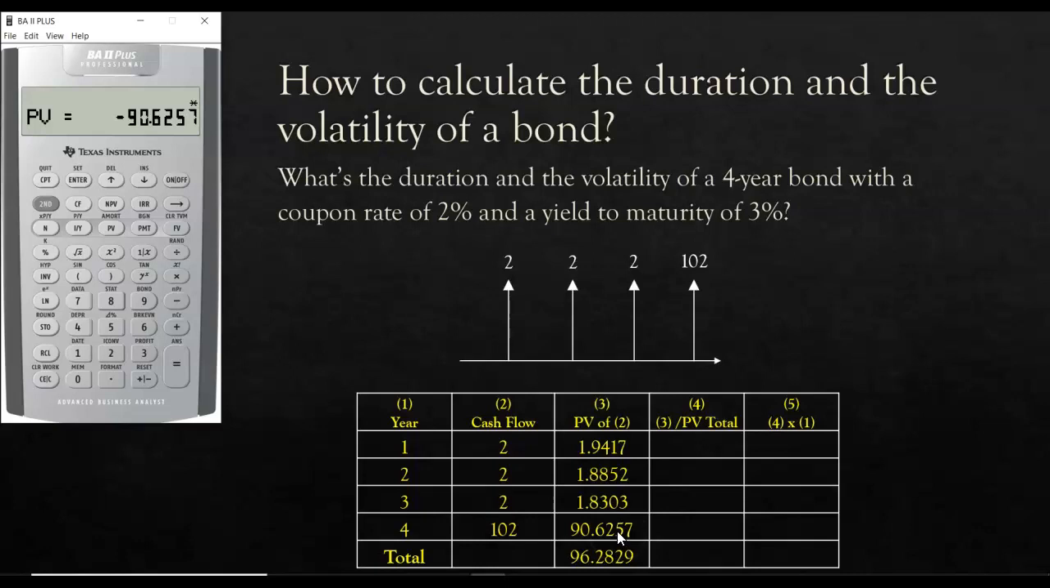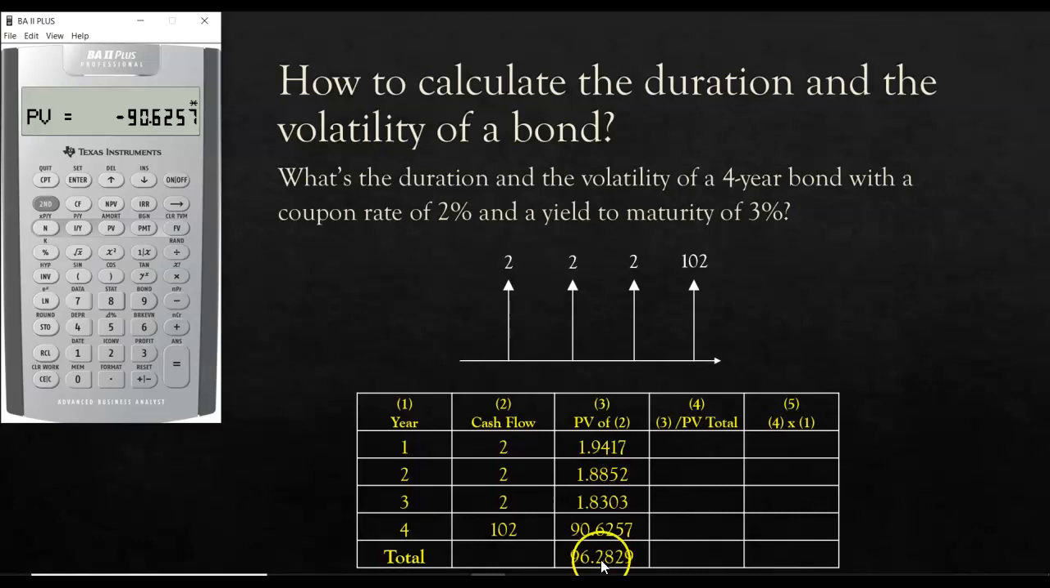That should be pretty straightforward for everyone to do. I'm not going to show you that, but if you add up 1.9417, 1.8852, 1.8303, and the last number here, you should get 96.2829. All right, and then what you do after that is, for each individual present value that you just calculated,